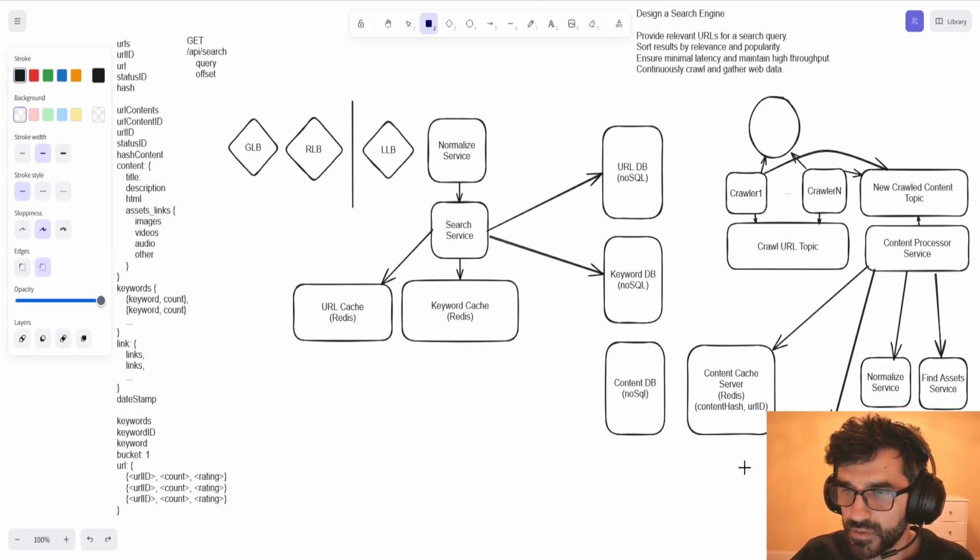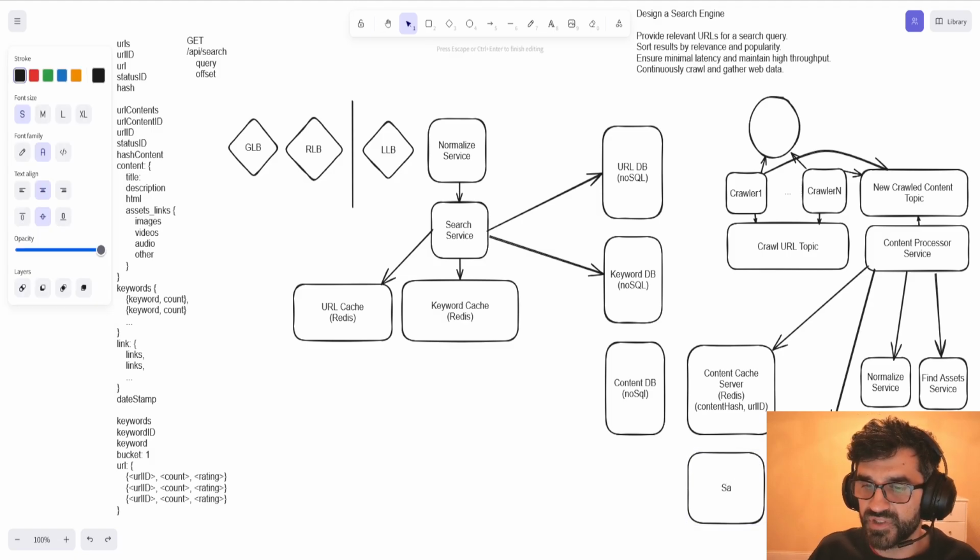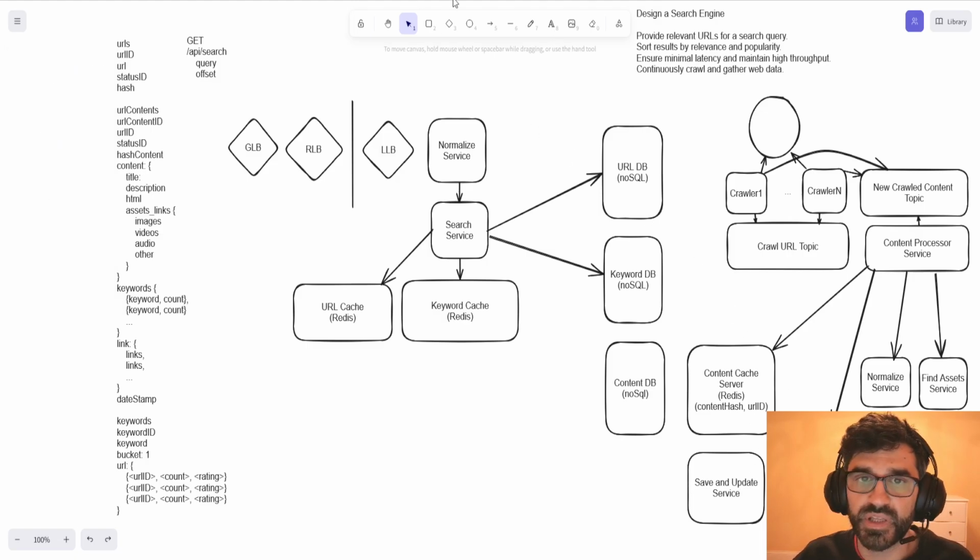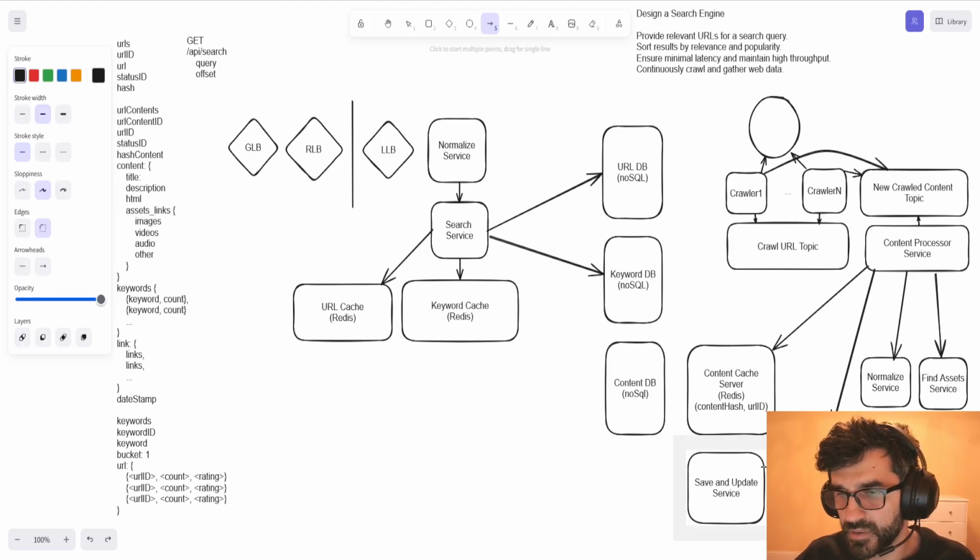Then over here we will have a save and update service that will subscribe to this topic,